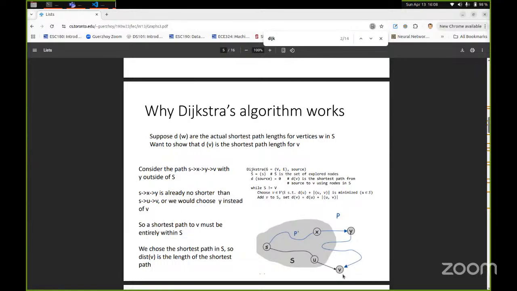So then say if it was like this, and there was no curvy arrow between Y and V, and then you had an arrow from Y to, say, the node H. So that's exactly what the curvy arrow means, is that maybe there is a Y to H and then H to V. But if you're trying to get to the final destination of H,